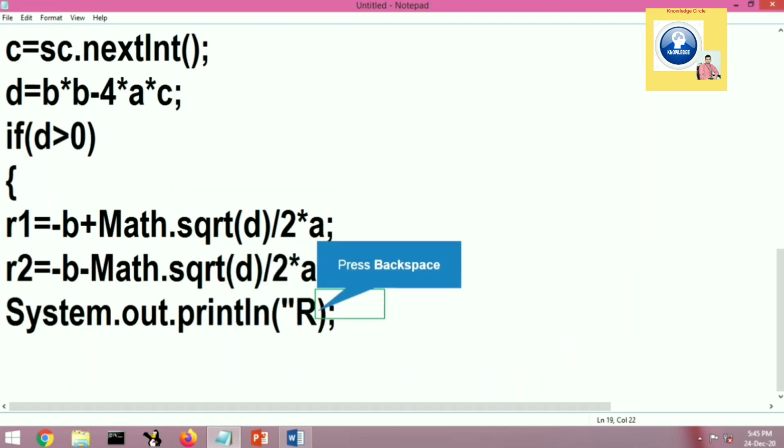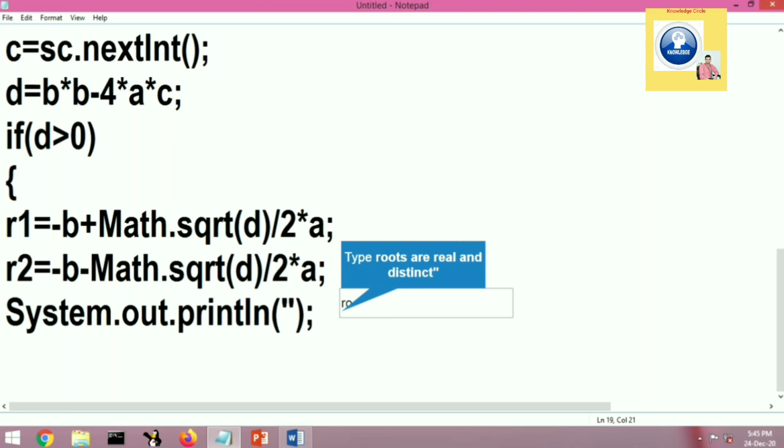Now it's time to display the value and the message. First we will display a message that roots are real and distinct, and the values of root 1 and 2 are as follows. The values of root 1 and root 2 are stored in two variables, R1 and R2.